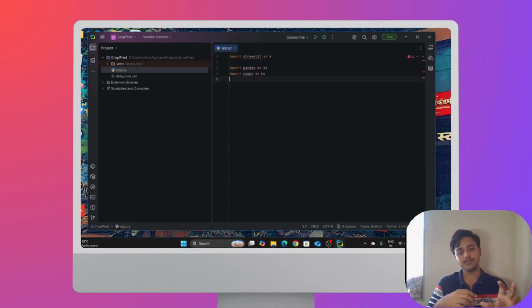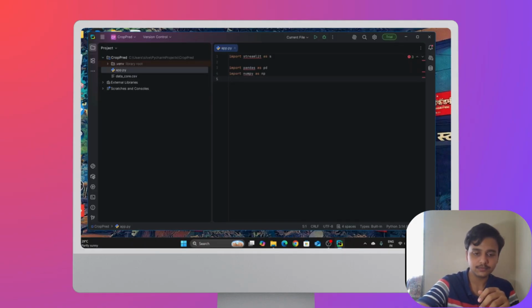Now comes the most important part, which was about the machine learning tools. The machine learning tools that we saw yesterday, like random forest classifier, performed best in all the categories. So I'm going to import that. Then I'm also going to import the standard scaler, label encoder, and train test split.